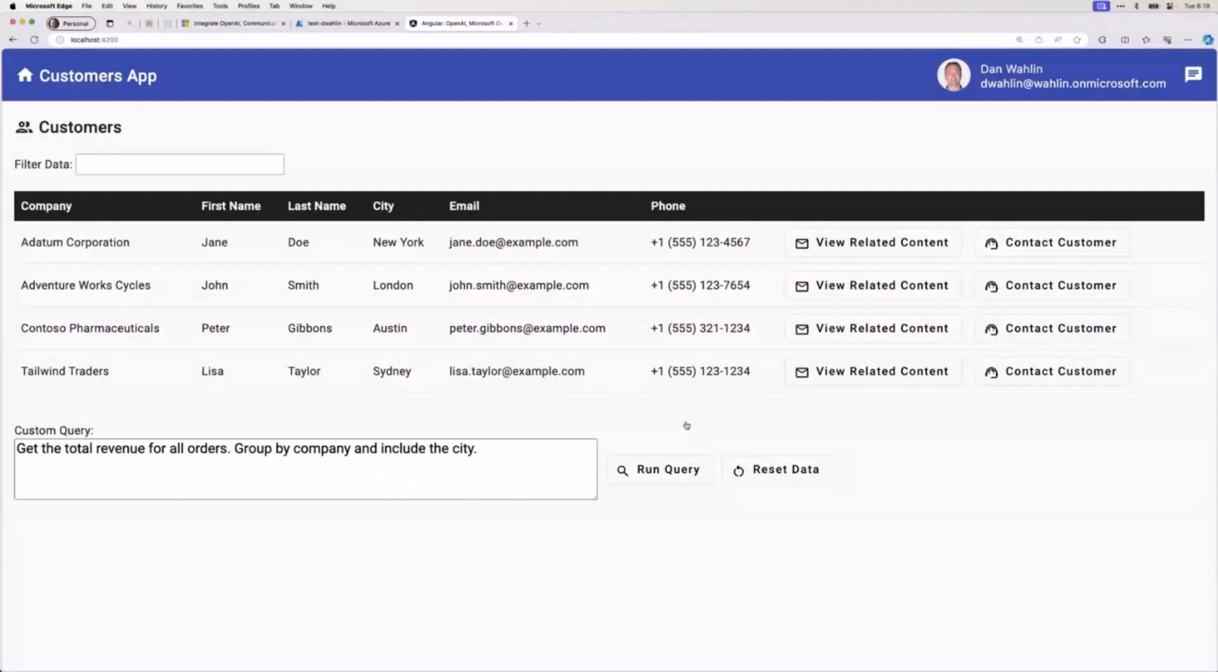So the app itself is a real simple line of business app, just has a data grid, and you can do a few different things with AI, organizational data, and then, of course, communication features. So if I go into contact customer here, I can call,